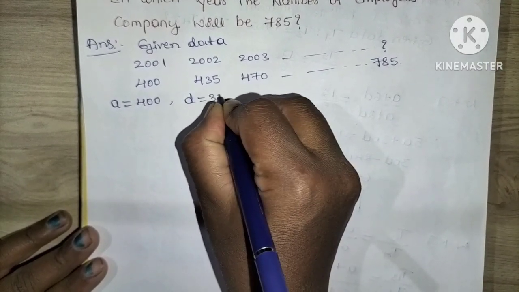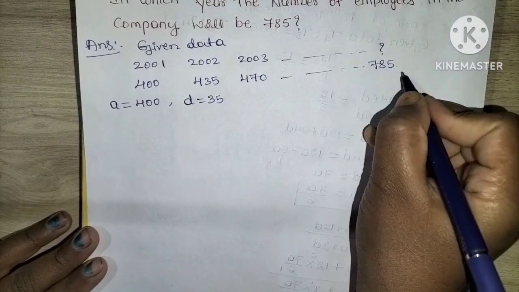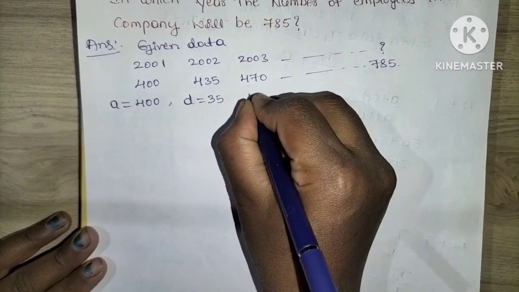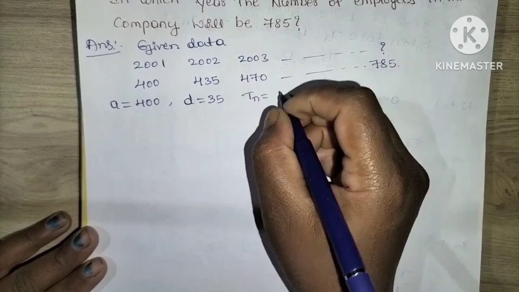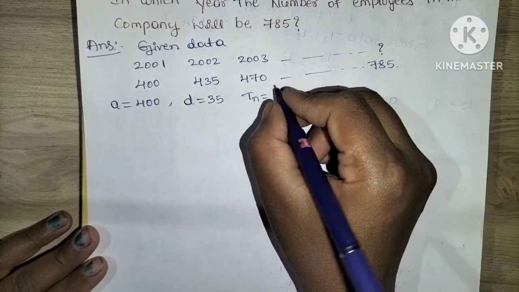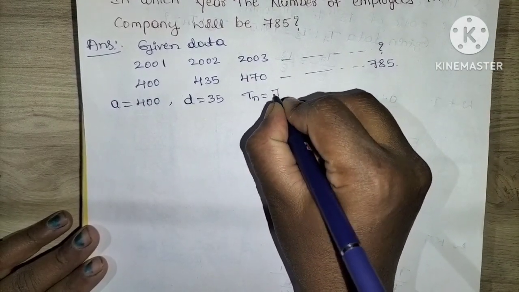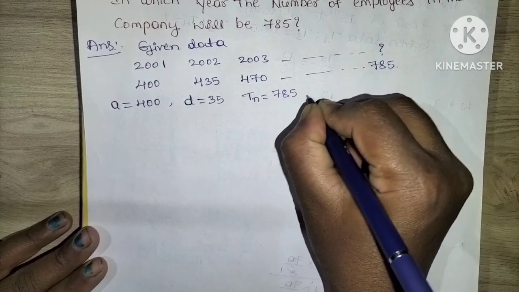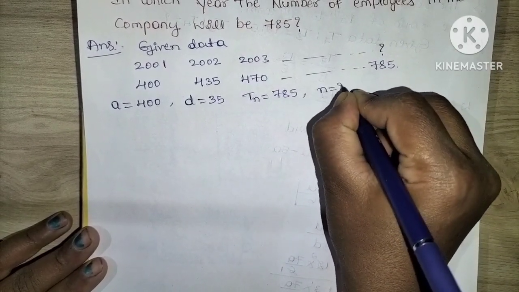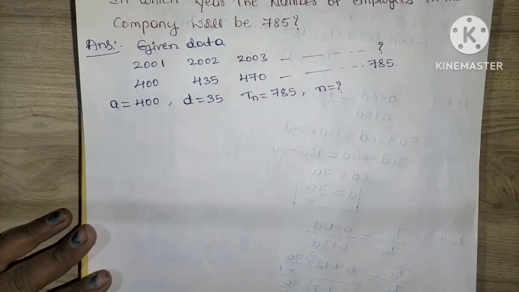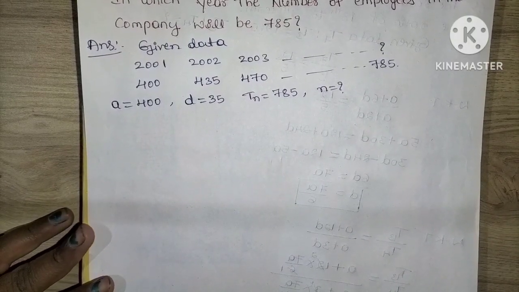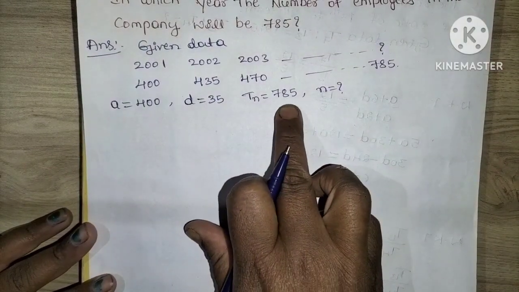It will become 35. So 785 is the nth term value, the last term. Next, we have to find out in which year, that is, n, in which term it will become